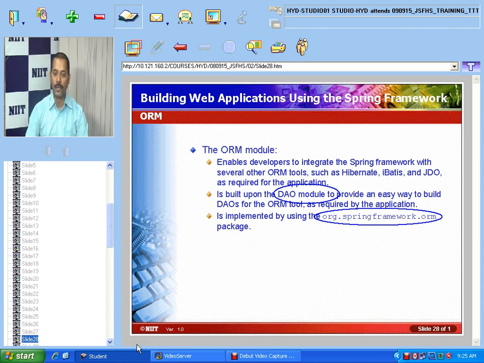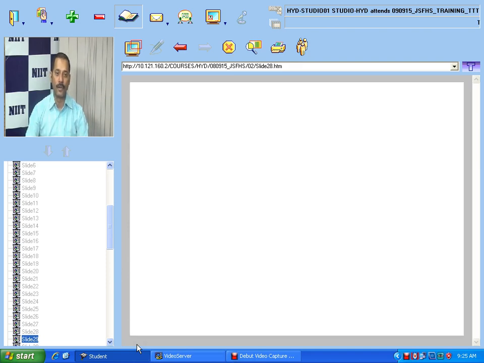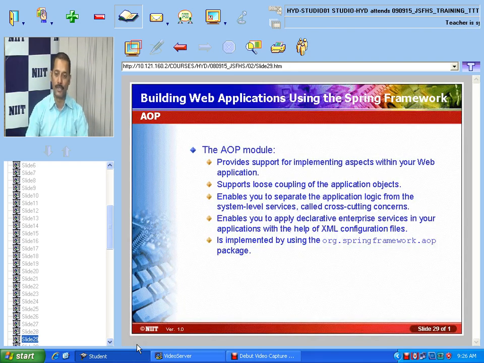If you want to make, okay, you can implement that. You can use this AOP module by using the org.springframework.aop package, which you need to use. And using this AOP package, we can create our own modules based on the AOP module. See, these are a few things which you need to remember.